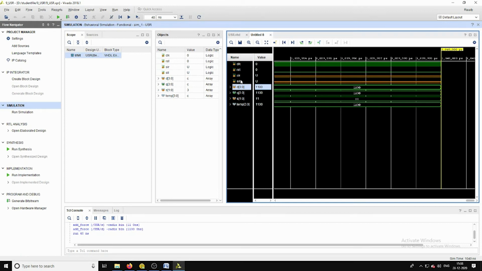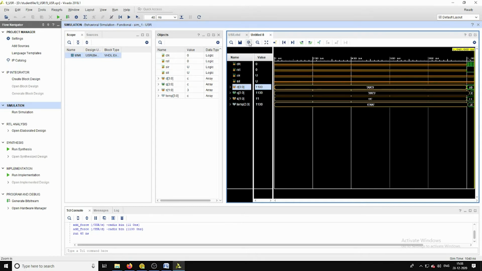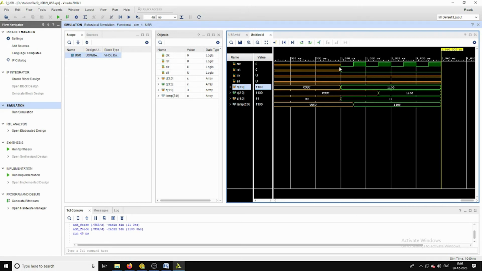Now, SIR and SIL are unassigned inputs, and we are giving a train of pulses with a fixed time period. See, this is the input D 1100, which is copied to the output variable Q through this temporary signal. In order to do this parallel loading operation, we have considered the selection line as 1 1.